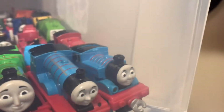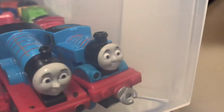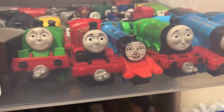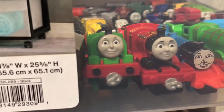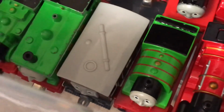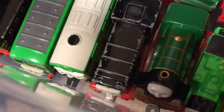So here's my Adventures Space Thomas, or whatever, I forgot its name, but yeah, here's my Adventures Talking Space Thomas. Here's an Adventures Edward, Adventures Henry, my Ertl Sticker Face Gordon, my Adventures Dino Discovery James, here is my Adventures Percy. And here is my Adventures Toby. Fun fact, I got rid of the blue side plates because they just kept on coming off a little bit. Here's my Take and Play Duck, Take and Play Oliver, Adventures Emily, Take Along Diesel,